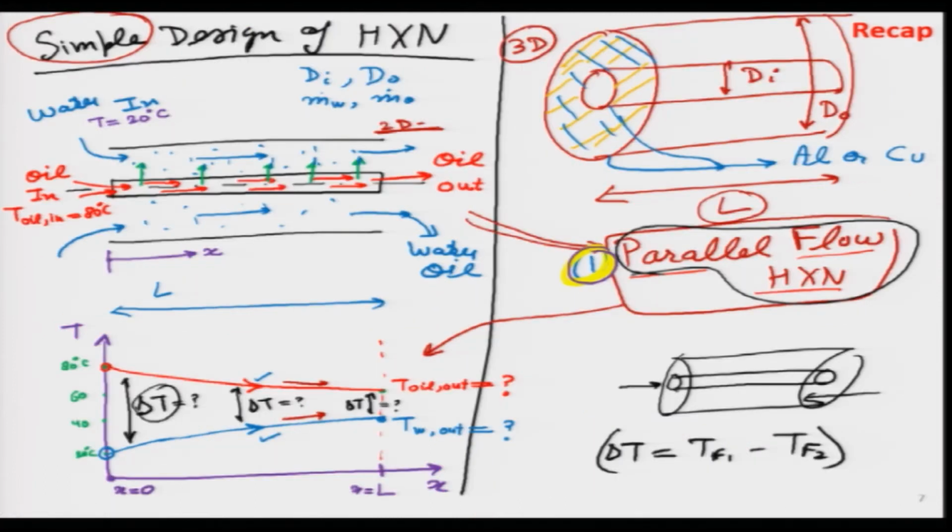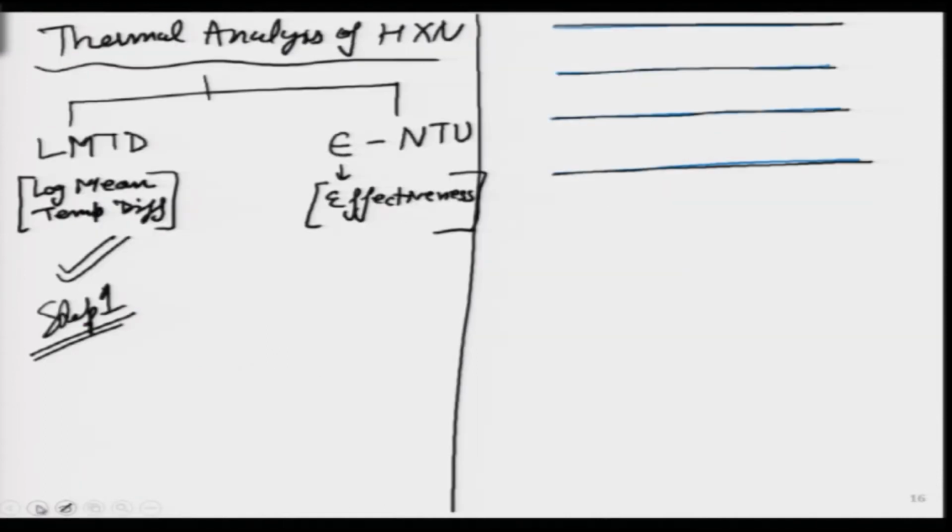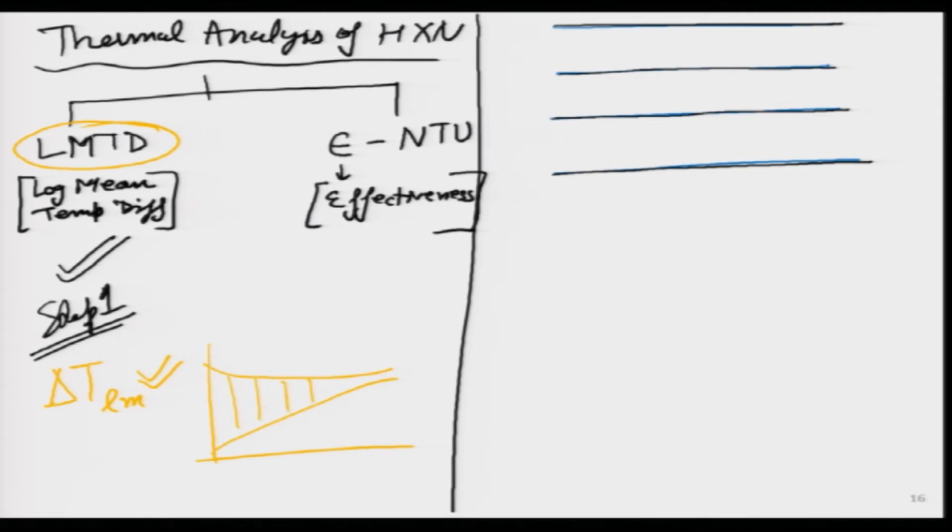Here it is high, I will put an orange circle. Here delta T is high, here medium, here it is very low. Now, the answer will come in the form of LMTD, the log mean temperature difference, that we will define, and that will give us the value of delta T LM. Whatever the slope, whether it is increasing or decreasing or going in some other way, we will just know the 4 temperatures, temperature 1, 2, 3 and 4, and then LMTD will be defined based on that.